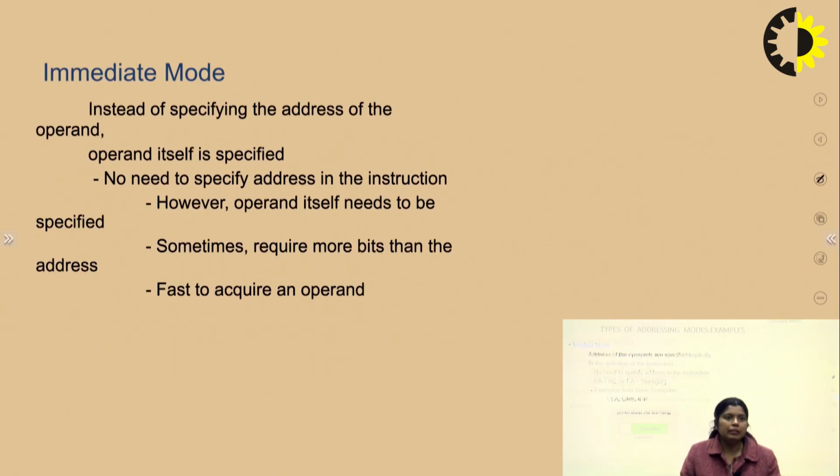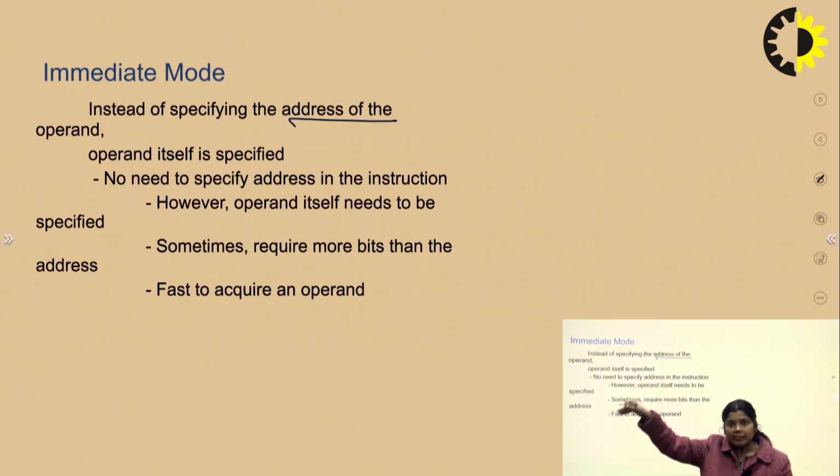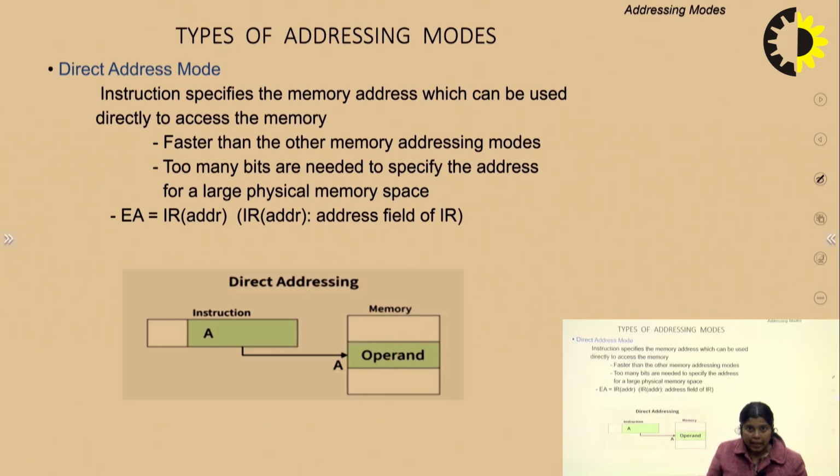Now, in the immediate mode, the address part of the instruction is actually the operand. There is opcode, mode and address. The address part of the instruction is the operand itself. That's why it is called the immediate mode. Simple. And the direct addressing mode is like the example that the particular student is in the classroom,